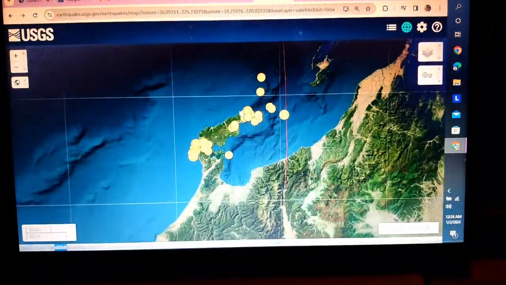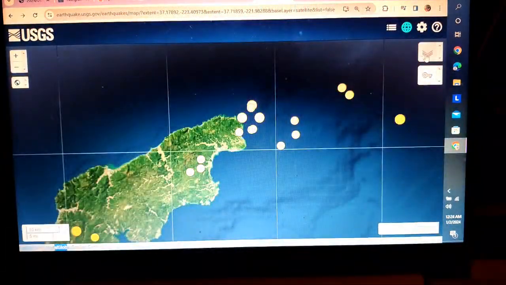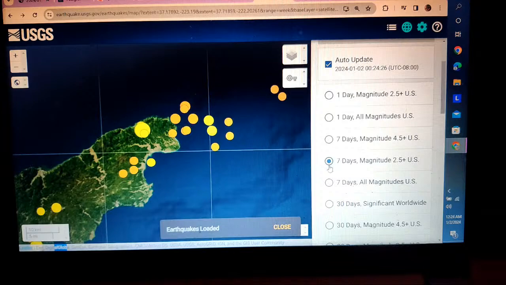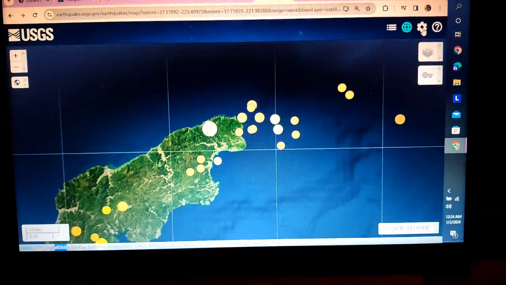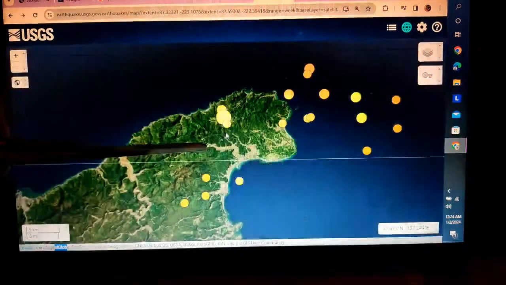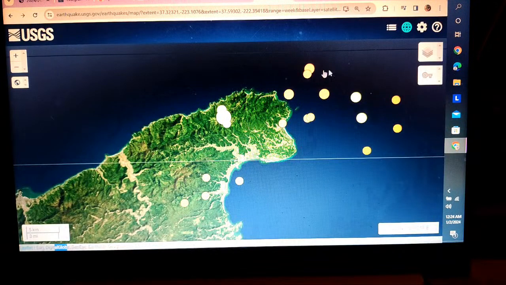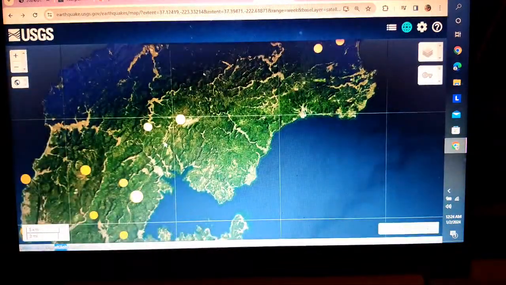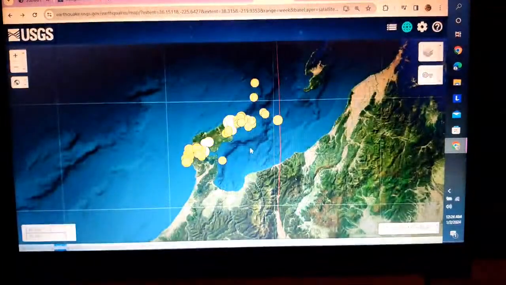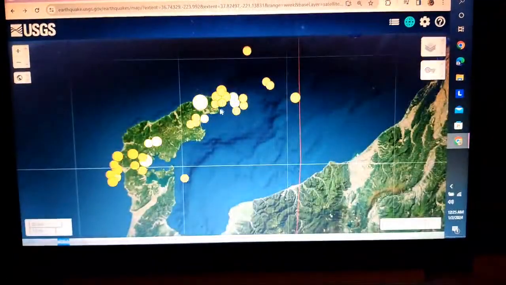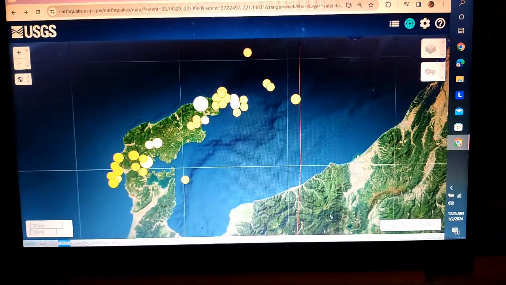Let me get back to... It seemed to have taken the big quake off. I'm going to change this up real quick to 7-day right there, bing, so we can get our big quake back. All right, so centered right on the tip of the island right here. Most of these quakes, all the aftershocks were out away from it, even further down the island and stuff. So interesting quake pattern. But thankfully, we didn't have 100 quakes, and we didn't see a bigger one than the 7.5, because that could have been a precursor to a